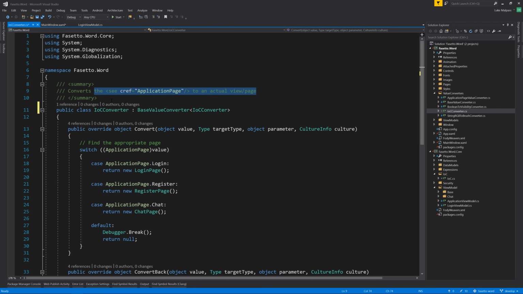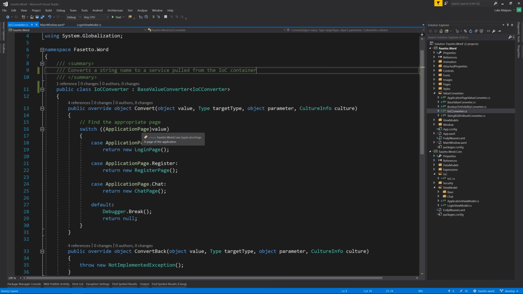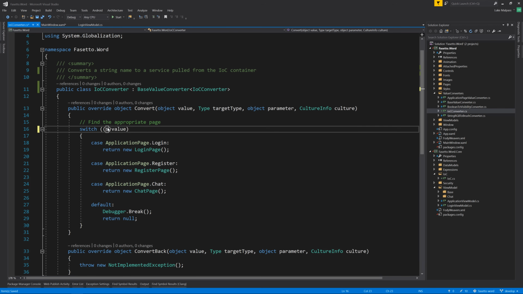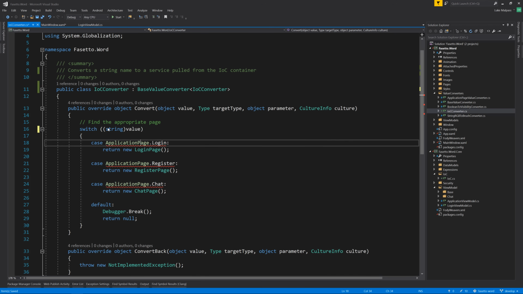Convert a string name to a service pulled from the IOC container, and convert, switch the value of a string case, change it to, well, yeah, we'll just do this for now, and we're going to call it application view model,